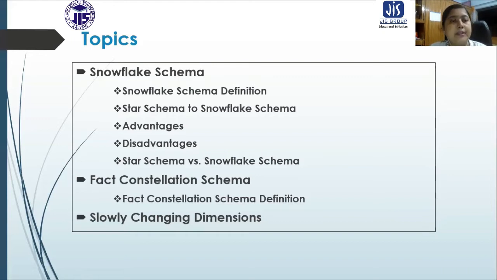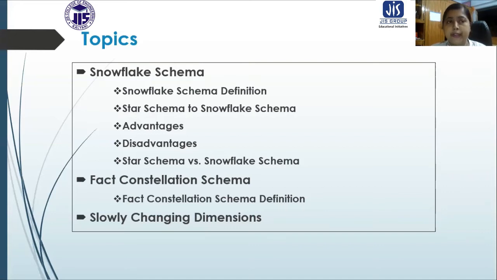In that discussion, we will cover the schema definition, how a star schema can be converted into a snowflake schema, the advantages and disadvantages of the snowflake schema, and we will also compare the star schema with the snowflake schema.